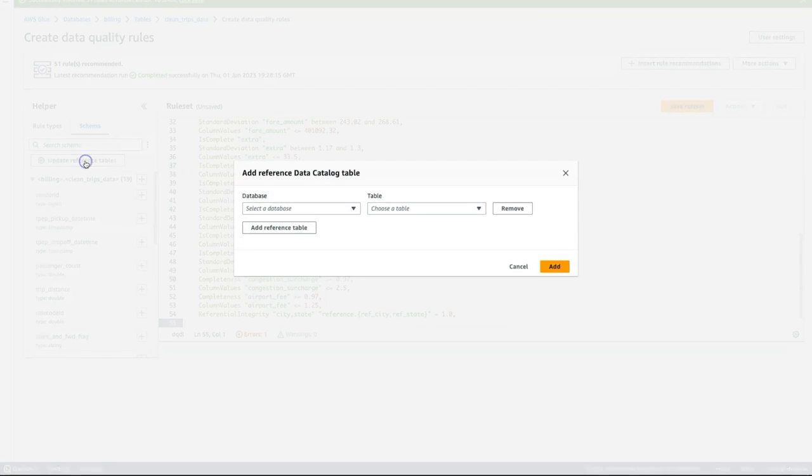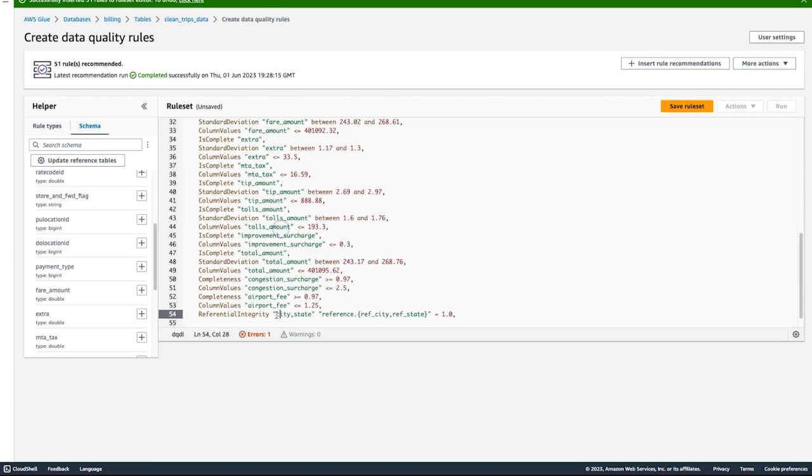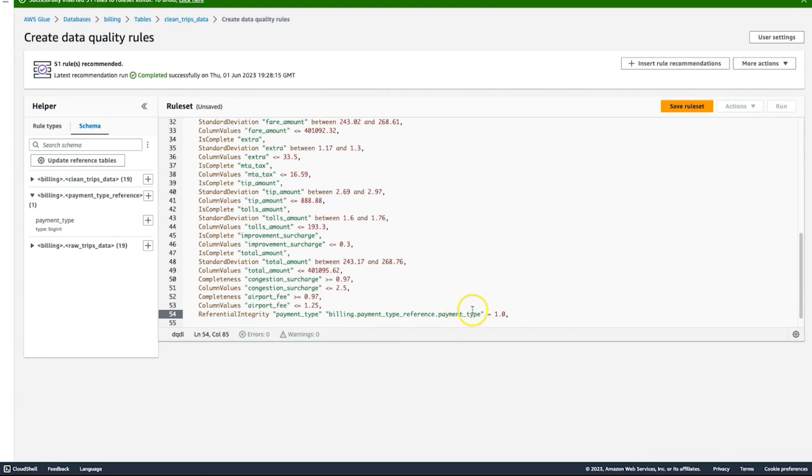Click the Schema tab and select Update Reference Tables to add the reference datasets that you want to use in your rule set. Use the Schema browser to easily replace example fields with actual table names and column names. Now, we have a referential integrity rule with a threshold of 1, which means that 100% of payment types should be present in the reference table provided here.